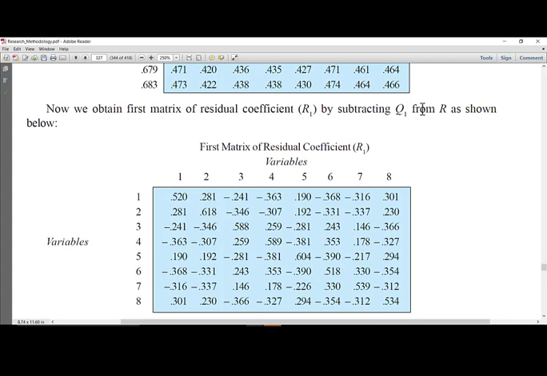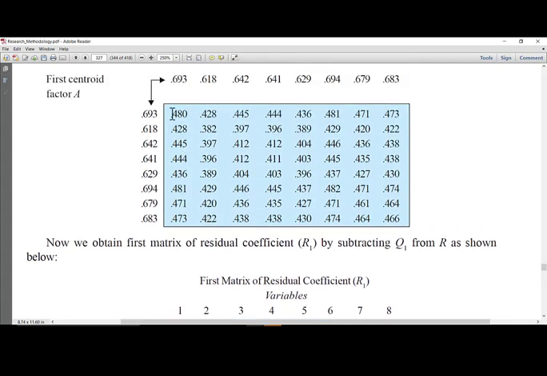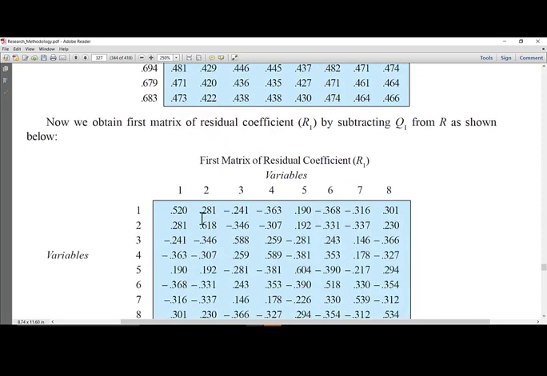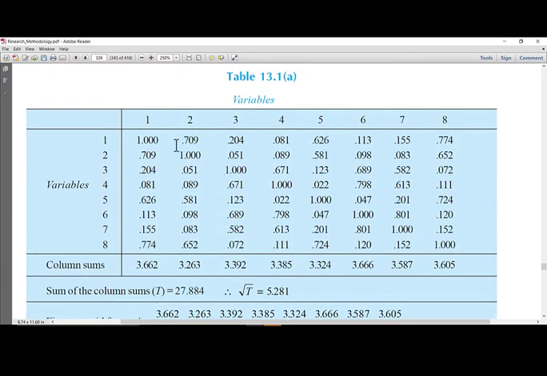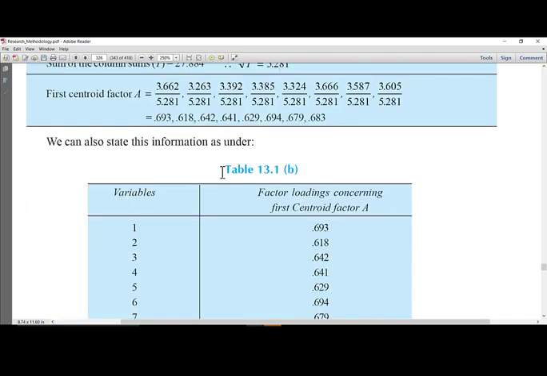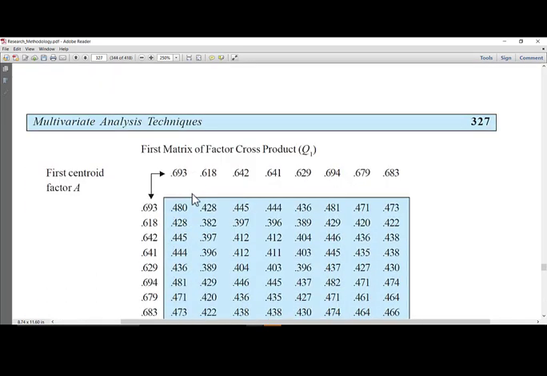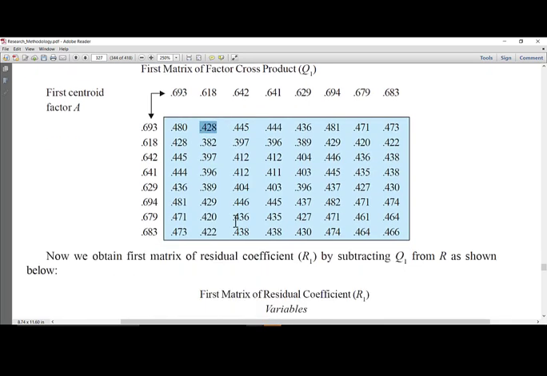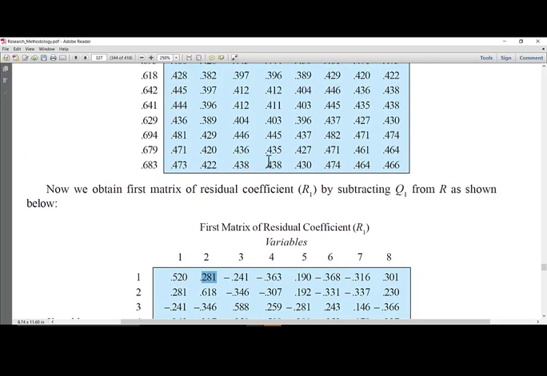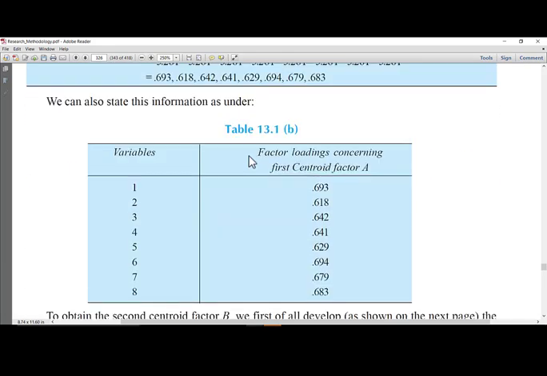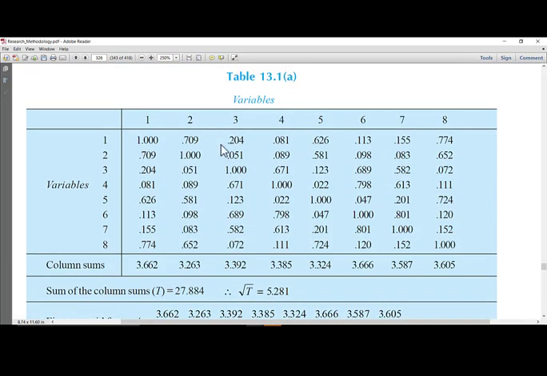Sorry, actually from R this Q1 values are subtracted. That means 1 minus 0.480, that is 0.420. And similarly, if we take the next one, 0.709 minus 0.428, then we get 0.281. And the third element in the first row, here it is 0.204 minus